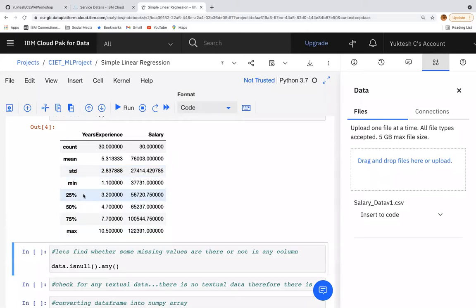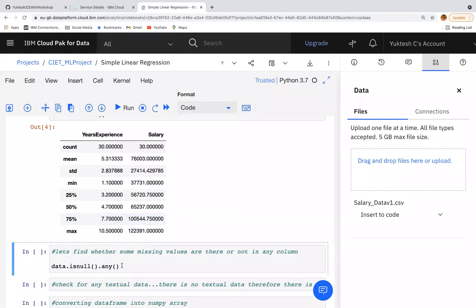Percentage is different, percentile is different, guys. Try to understand. 25 percentile means, let's say you have 3.2, that is, 3 years 2 months, and below are all under the 25 percentile. So 4 years 7 months and below experience all comes under 50 percentile, right? If you know GRE TOEFL results, people give them in terms of percentile, not percentages, right? So you should observe that difference.